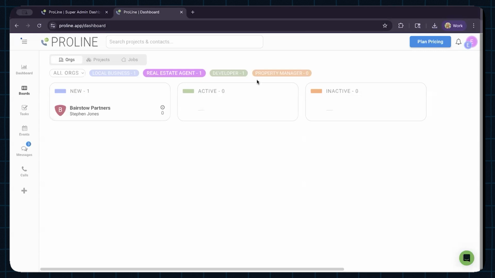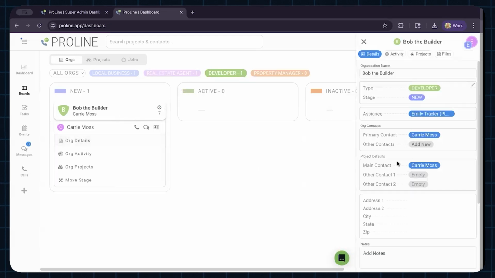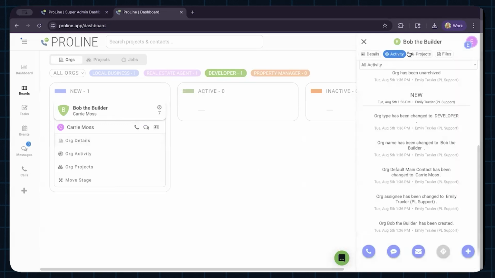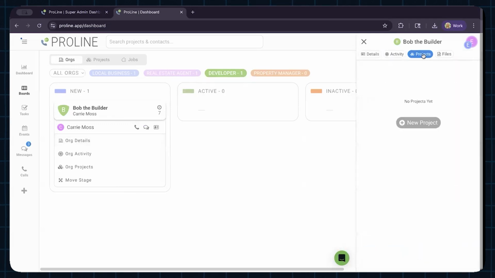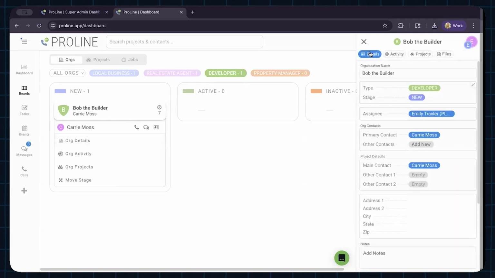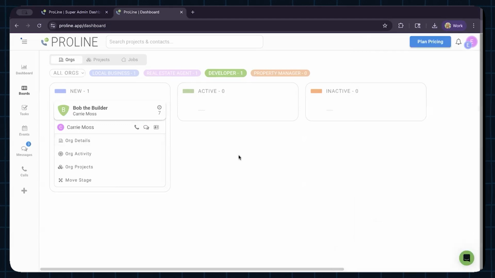So you can also create and update your pipeline as you normally would to just have different categories for each org. And then I have my developers listed. Bob the Builder, he's got Carrie as his contact. I can see any activity with Carrie here, projects and files that are related. This is a demo account, so it's not very robust, but that is a very basic